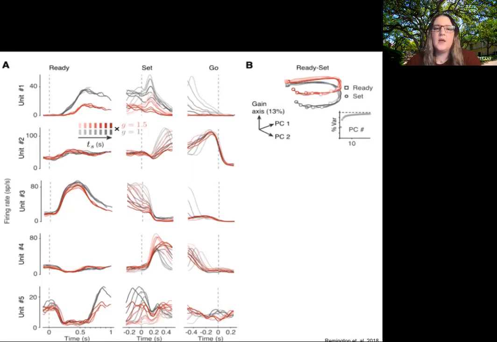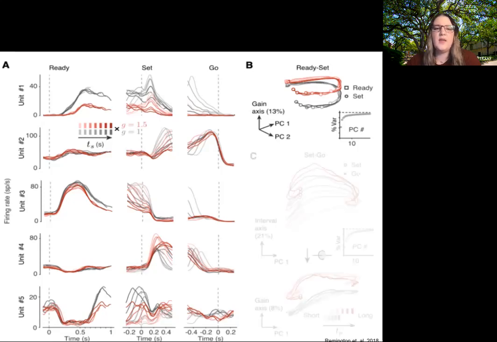We can summarize population activity as it evolved in time by taking the firing rate of each unit at a period of time as being a single point in space. Doing this for each point, we get what you see there. Each point represents a summary of population activity at a given time, and what you can appreciate is that the gray and red trajectories are separate in space. This means that before the monkey needs to generate a time interval TT, the population activity differs between the two